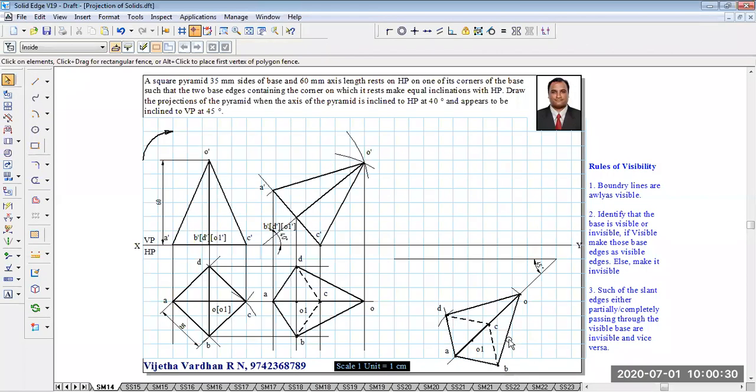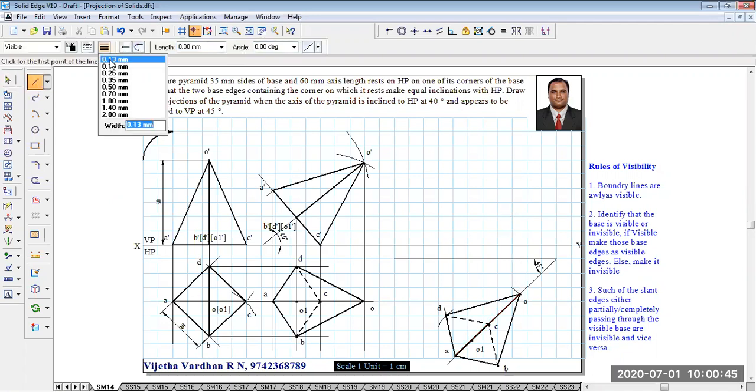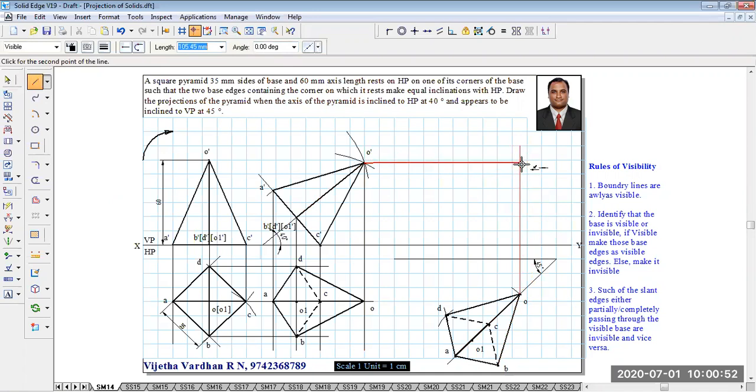Now you can see that I have completed the reconstruction of the second stage top view at the third stage, with respect to the given condition that it appears inclined at 45 degrees. To get the front view, what is the procedure we have to follow? We have to draw projectors from the stage top view. Let me draw a projector from O here, and a projector from O here, and the intersection point we call O dash. In the same fashion, let me complete all other projectors and show it to you.